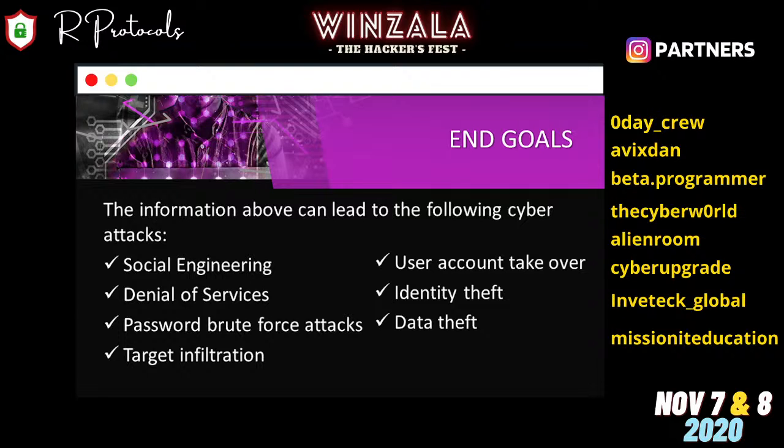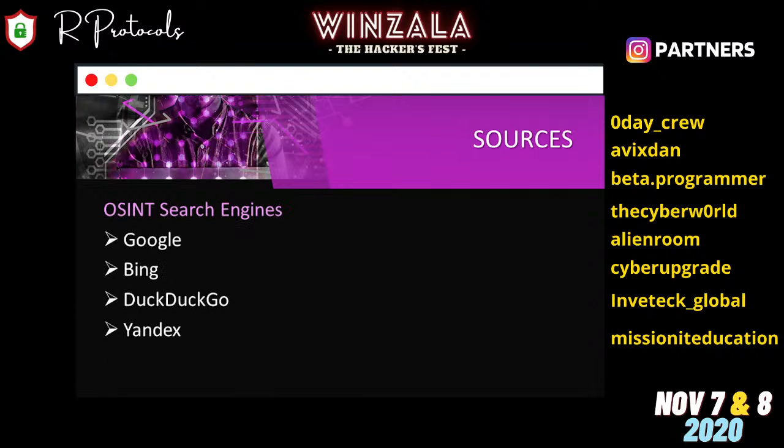And here we come to the source part, where we can get information about people or an organization from specific search engines like Google, which is the most commonly used wide search engine. This can be used to gather information, and the other search engines, like Bing, are one of them.